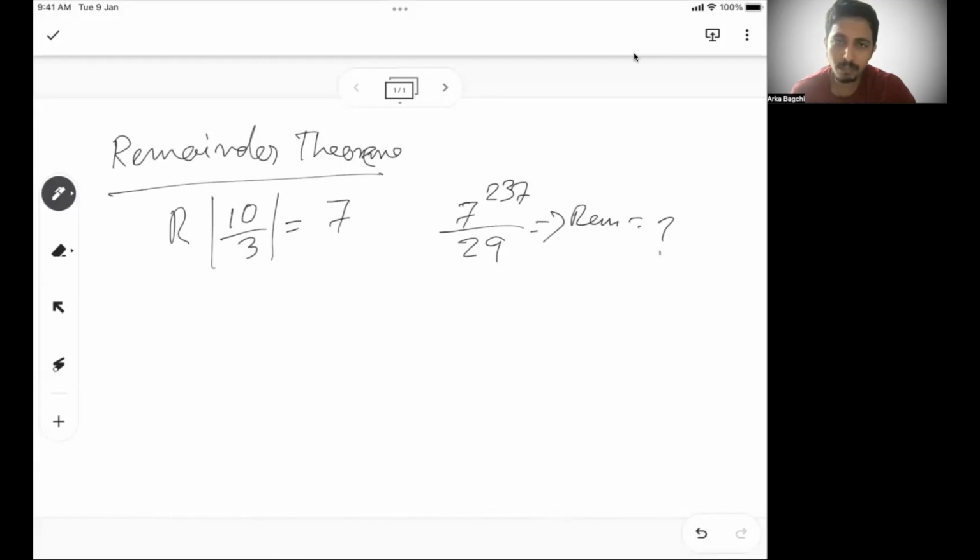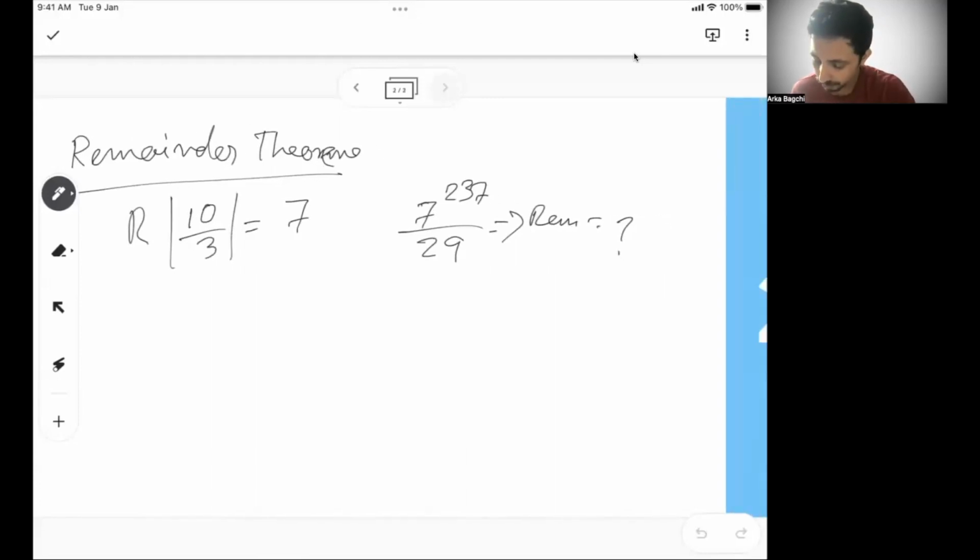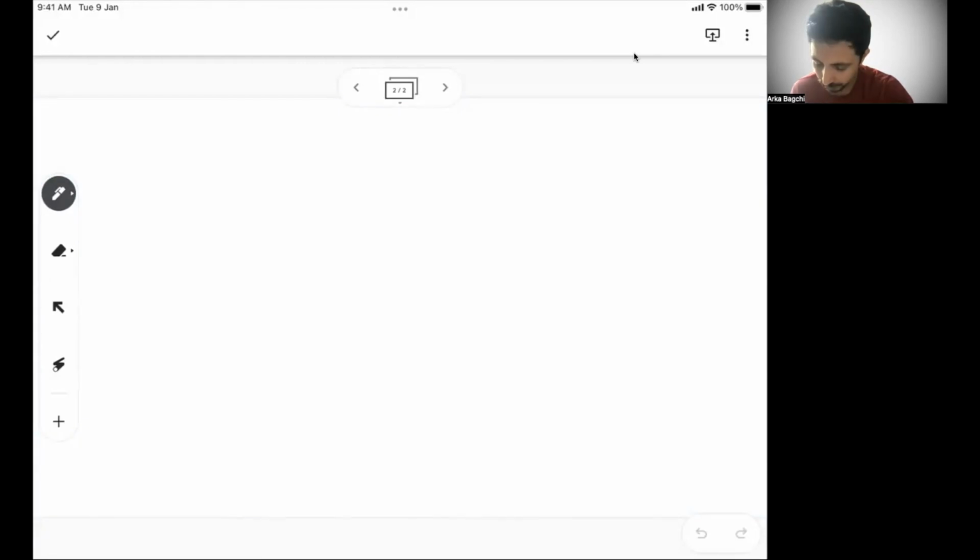So you need to know some of the concepts, some of the theorems, some of the formulas to solve problems like this. And we'll come back to this problem later, but let's see what the different concepts or theorems you need to know when it comes to remainder theorem. So let's get started right away. So the first one, or we'll say the concept one, I'll first write the theorem and then I'll take an example and explain it.